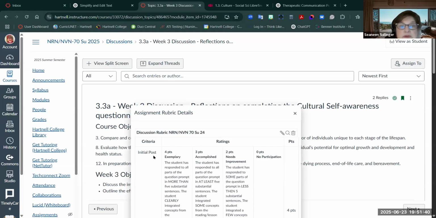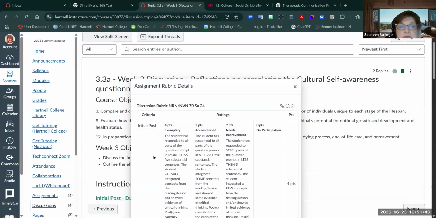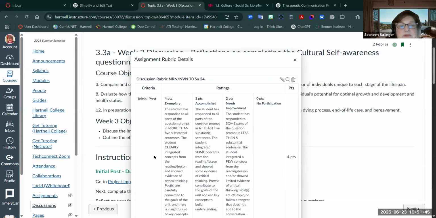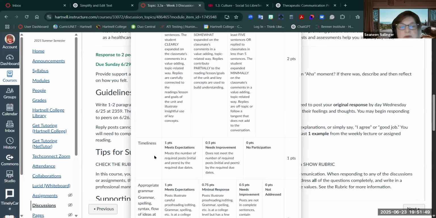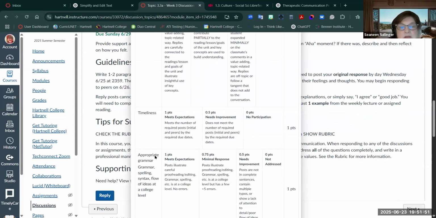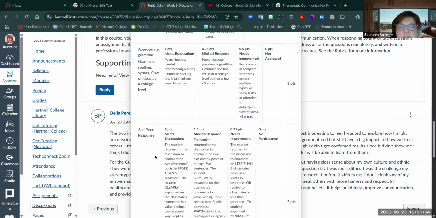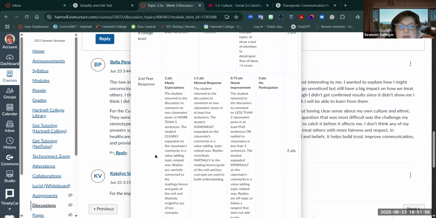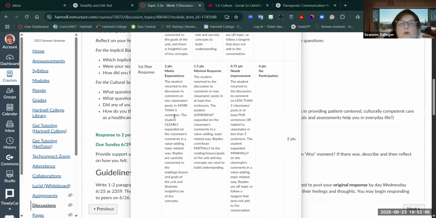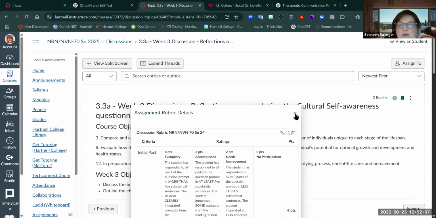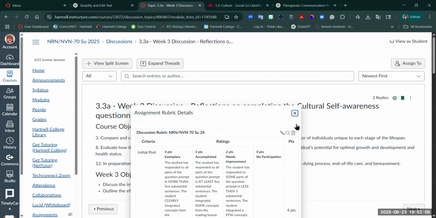Oh, that's because it was initial post. It talks about a video in this one? Yeah, so it's under the initial post reminder. When I was looking at that one, if you scroll all the way, it says a different rubric.